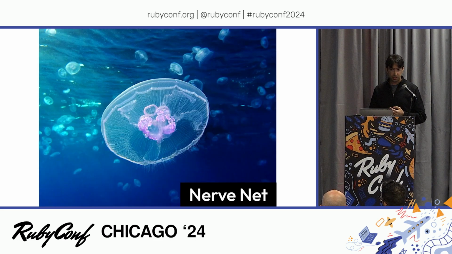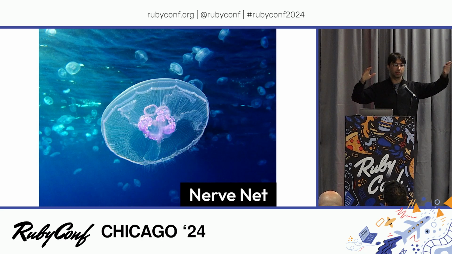This is a common jellyfish, and it has a really simple nervous system. It's called a nerve net. And the way it works is you've got a bunch of organs on the outside that interact with the outside world, and then they send electrical signals through nerves. And then the organism responds in a deterministic way, so always in a similar way. For example, it has an organ that senses touch. So you touch the bell, and it will sense that you've touched it, and it will move away. So always the response is move away.